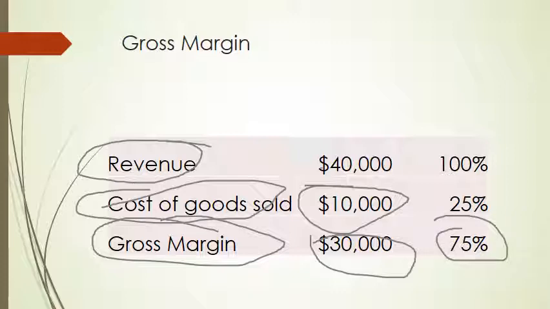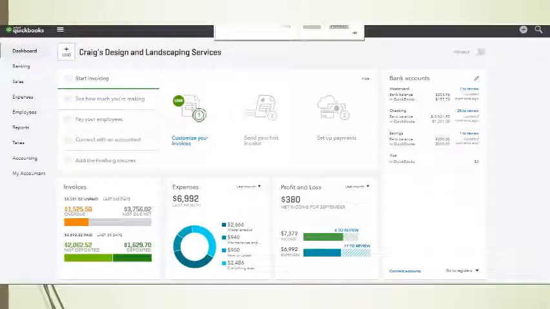Now that looks like a huge margin, but we don't know what our operating expenses are, so we don't really know what the bottom line is going to be. But one thing you need to know is that your gross margin has to be big enough to cover your other expenses. Now let's go into QuickBooks and see how we can find our gross margin and our gross margin